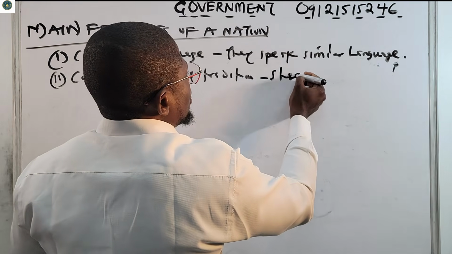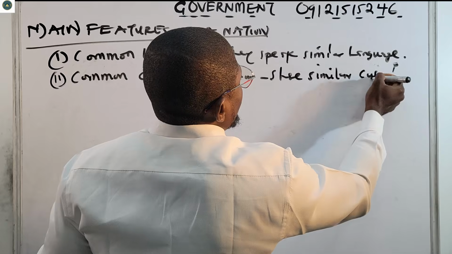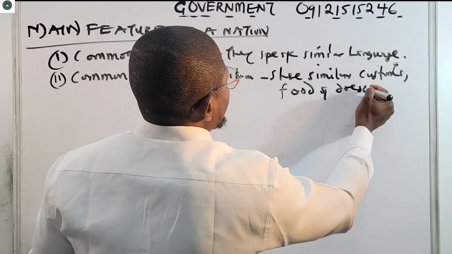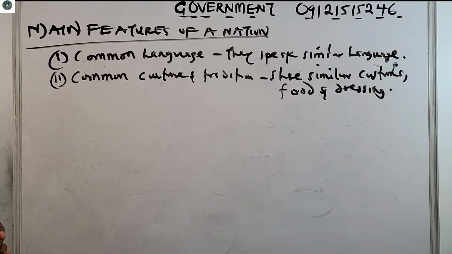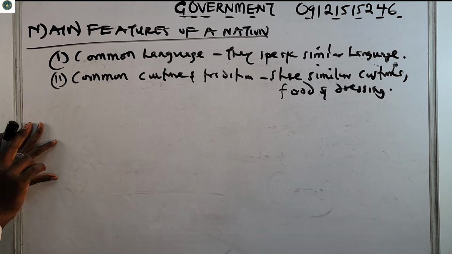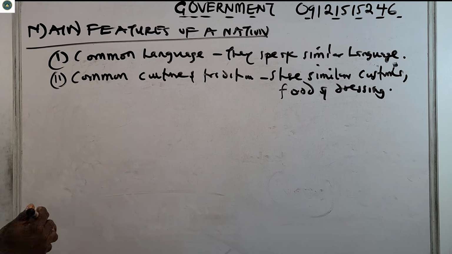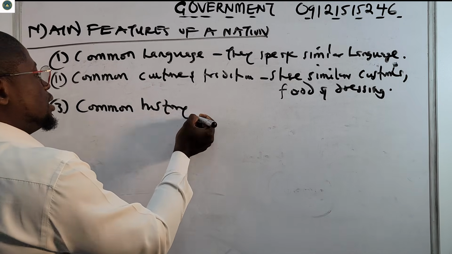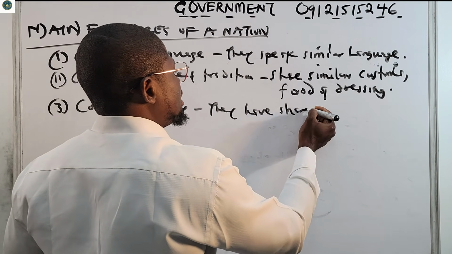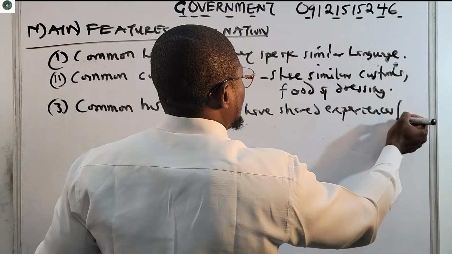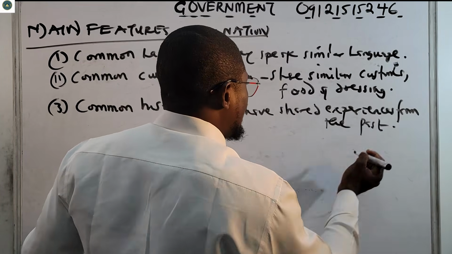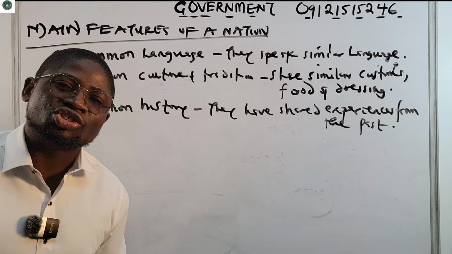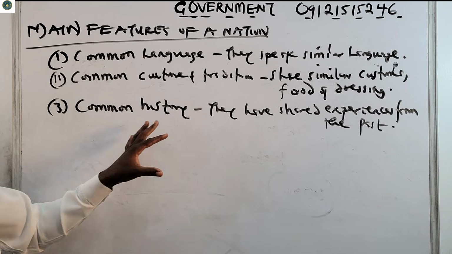They share similar customs, food, and dressing. So common culture and tradition is another very important feature of a nation. Also, number three, they have common history. They have shared experiences from the past. You see that most of them gather their children in the evening and share stories from their history, from their ancestors, from their forefathers. So they have shared experiences from the